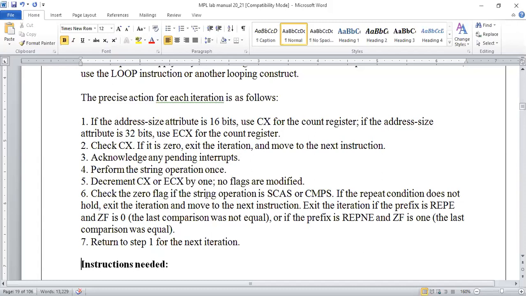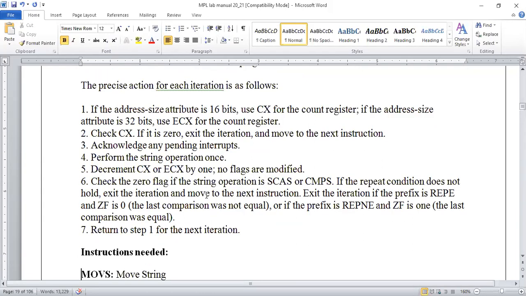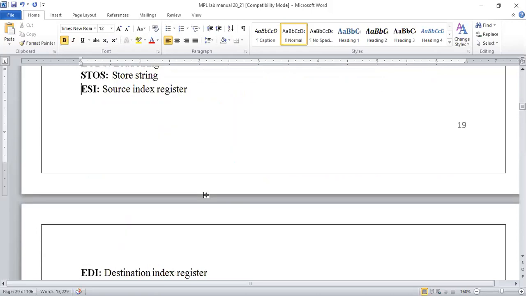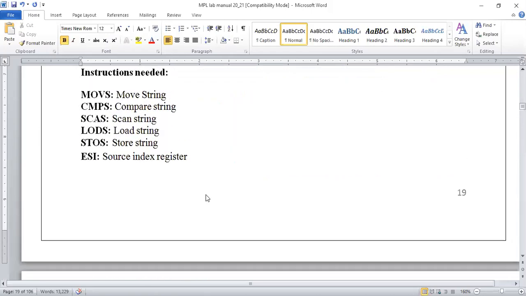Next is decrementing these pointers, CX or ECX, and checking with the flag. Generally it will be a repeated operation, so we need it to be completed with the string. It should not be done by just directly using the instruction or directly pointing to it, because it should not end with a wrong string or wrong output being displayed. That is the requirement here.